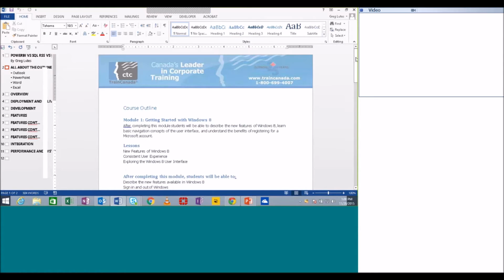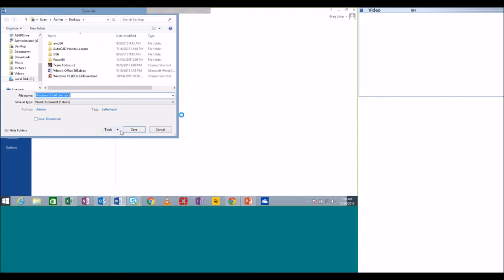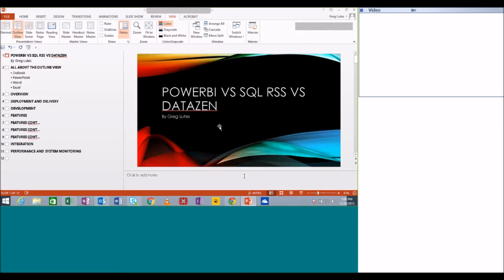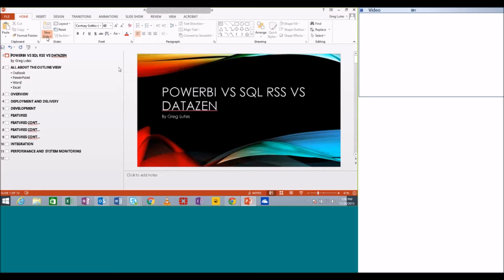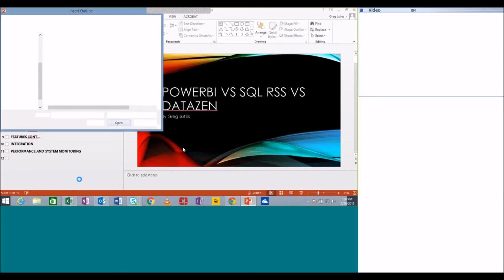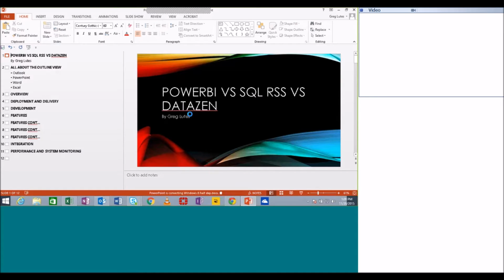So if I want to take this and make a presentation out of it, I can import it. I'll save a copy of it, just on my desktop. That way it's just easy to find. And then if I come back to PowerPoint, I can head to Home, head to New Slide, and import slides from an outline. When I choose slides from an outline, all I have to do is find the file. Once I find the file, as long as it's been properly formatted, when I choose Insert,